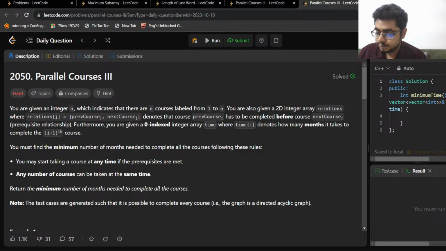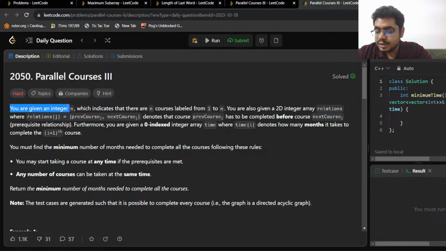Yeah, this was the problem again related to graph, just like yesterday's problem, right? So this is today's LeetCode problem. So let's just go through the problem. Meanwhile, others can quickly join in as and when they find the link, right? Okay, let's go ahead. So let's look at the problem. It says that